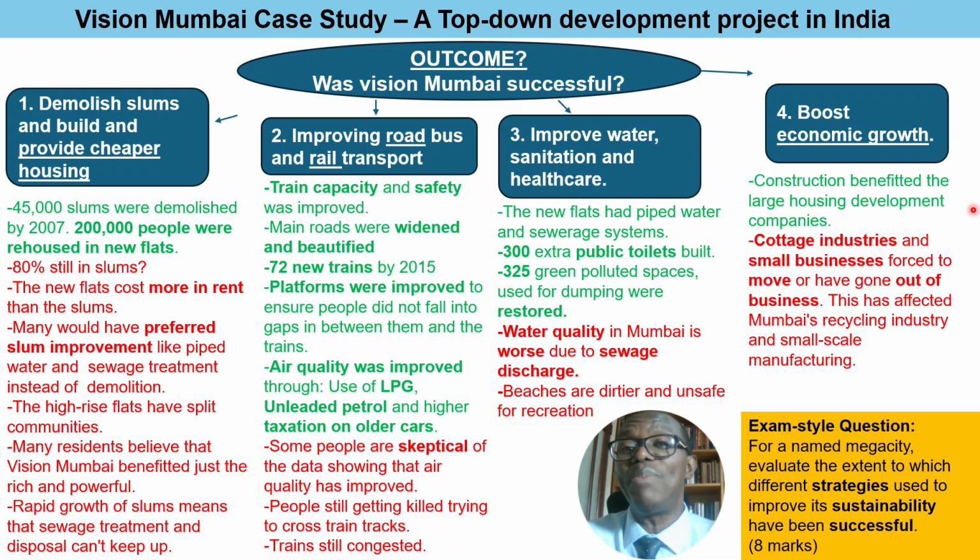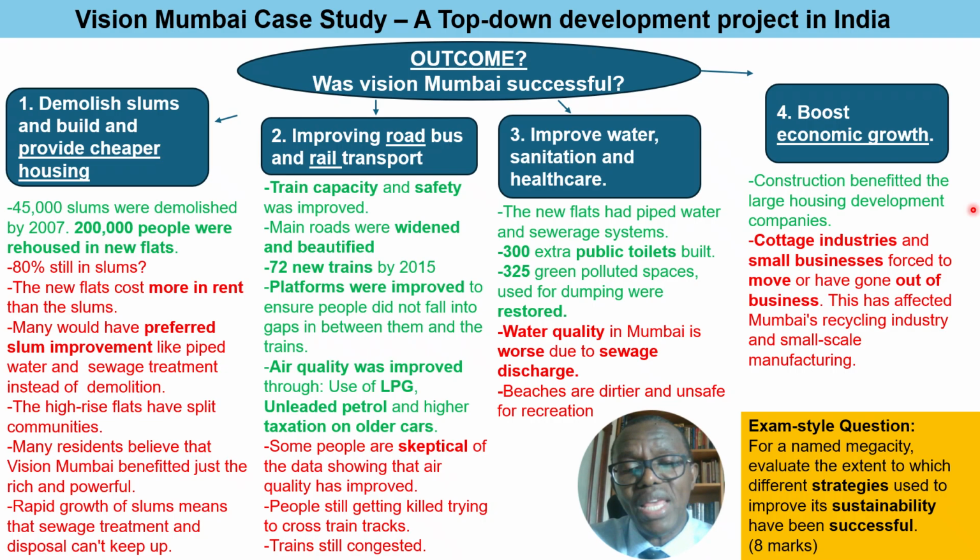By use of LPG, LPG being liquefied petroleum gas. So that uses both petrol and gas, which means that if you're using more gas, it is cheaper, and then also it's not as big a polluter. And then in some industries that were using coal, LPG was also used, so gas, which is a cleaner fossil fuel. So that's one way of trying to mitigate the problem of air pollution or bad air quality.